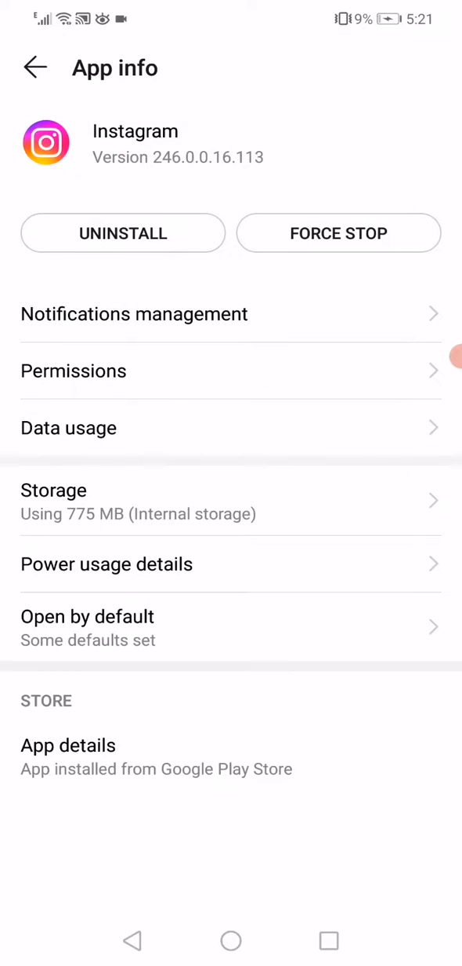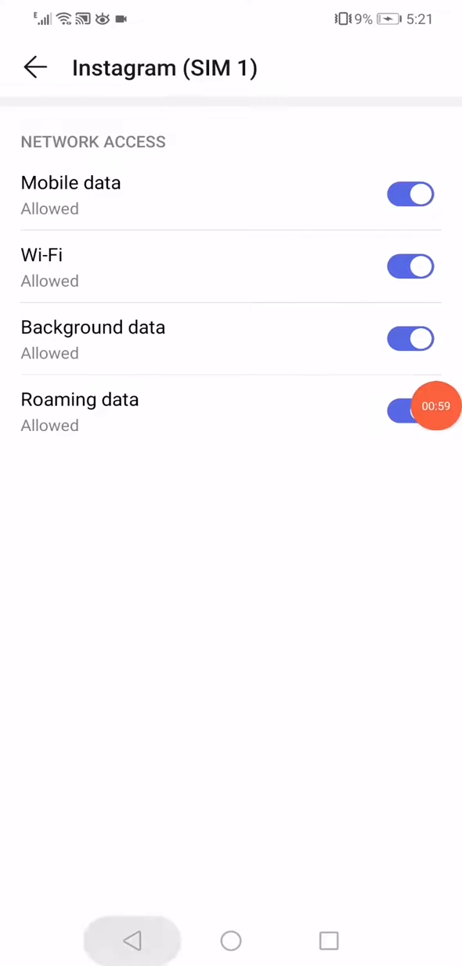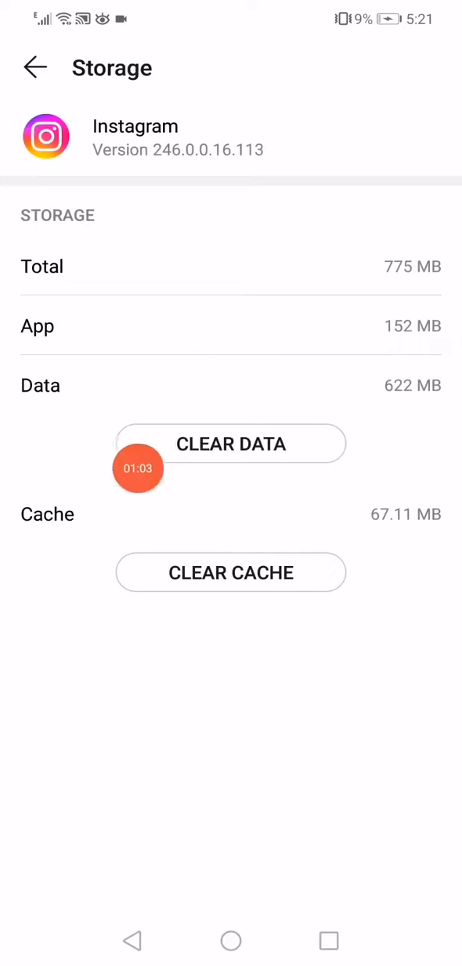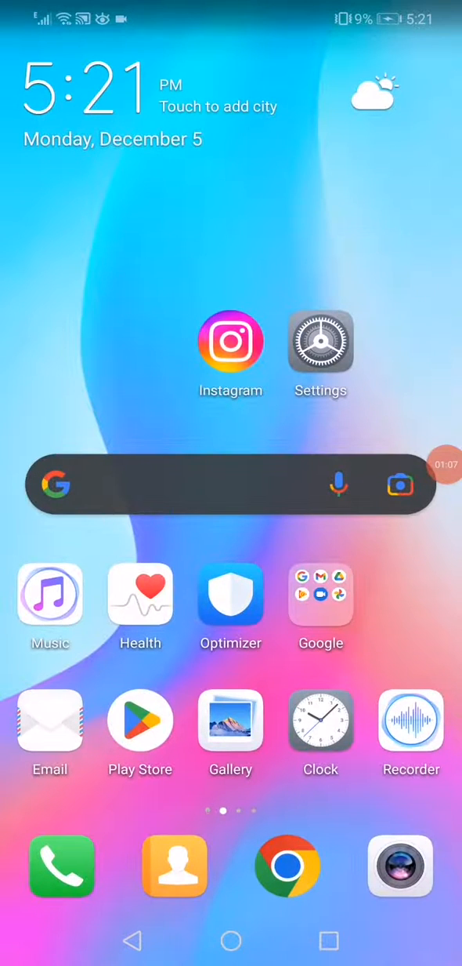Go back, now click on the data usage and make sure also to enable all those network access options. Go back, now the last step you have to do is go to the storage, click on clear data. And now all what you have to do is just restart your phone and reopen Instagram,